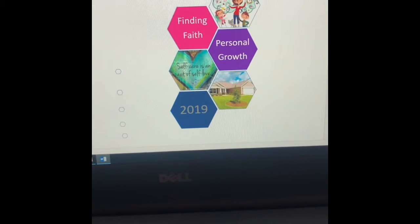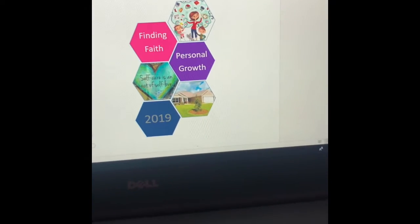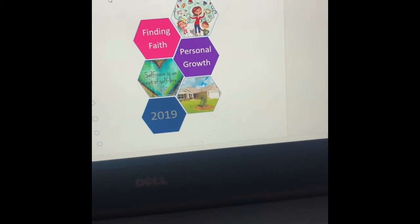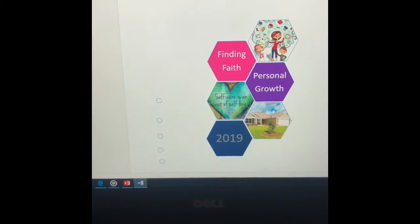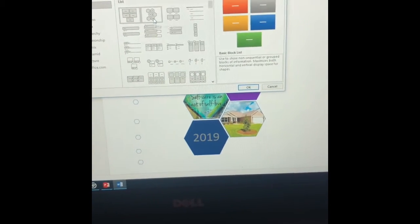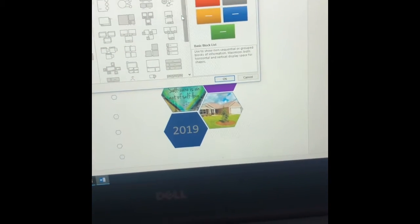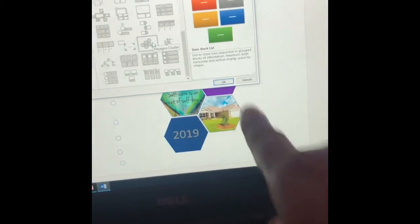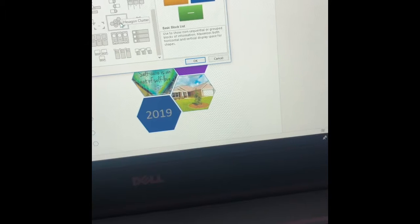So let's get into that. Like I said, once I made my list, I came on here and started to create it. First I just had pictures that I resized down. Then I found something here. Let me see if I can find it. If you go to SmartArt, which I had looked up, you see how this is? This is pretty much the shape I went with, but you have to click pictures. When you go into pictures, you have this one. This will let you add three pictures and then three texts. Within this group, you can move them around to make them whatever shape you want. Once you click that and press OK,